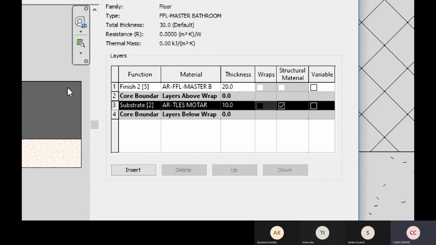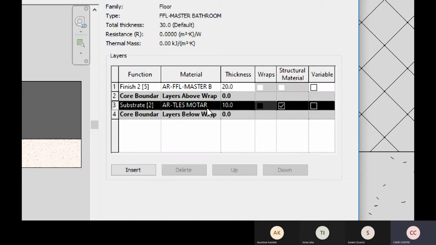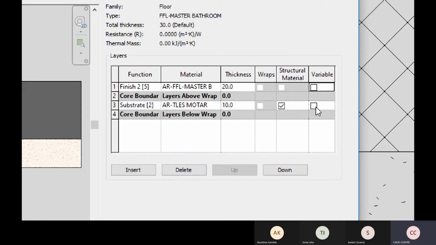The first layer is our finish tile layer, and this is the supporting material, that is the mortar. Now it is asking me which one you want to make variable. Do you want to make the finish tile variable, or do you want to make the mortar variable? So we're going to make the mortar variable.